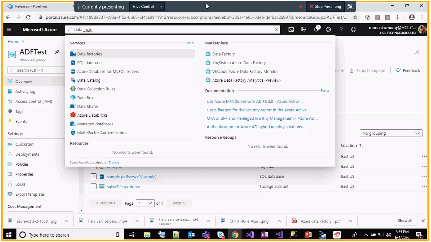Everybody should have their subscription. Whatever has been demoed is being recorded. If you miss certain points, you can go to the recording and see the steps Manas has done. Then everybody should be able to create and activate Azure, create these regions, and all these things he has demoed. You should probably do that.